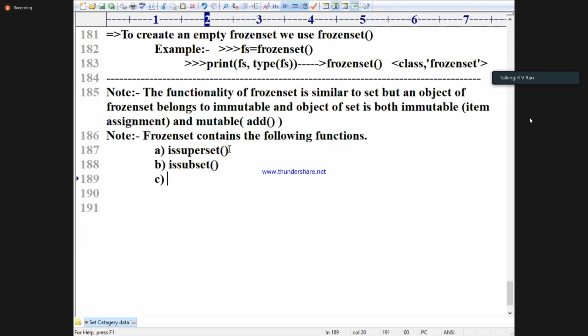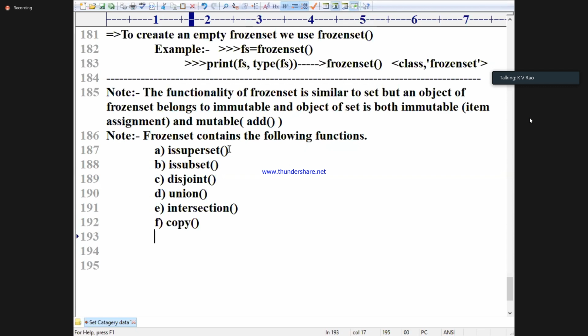C, disjoint. D, union. E, intersection. F, copy. Anything else? Difference. Write down, no problem.